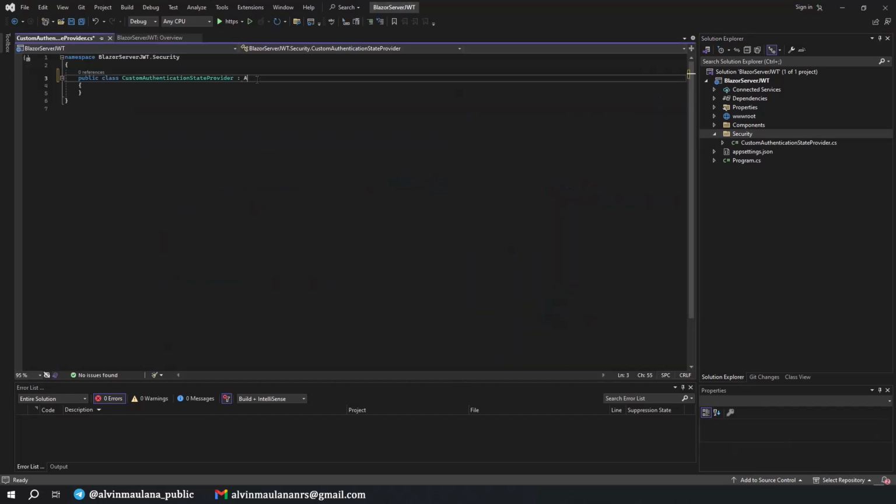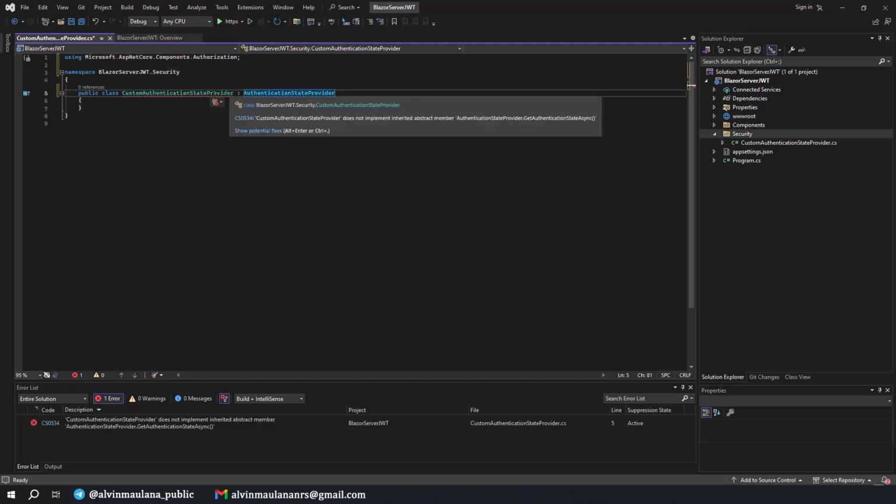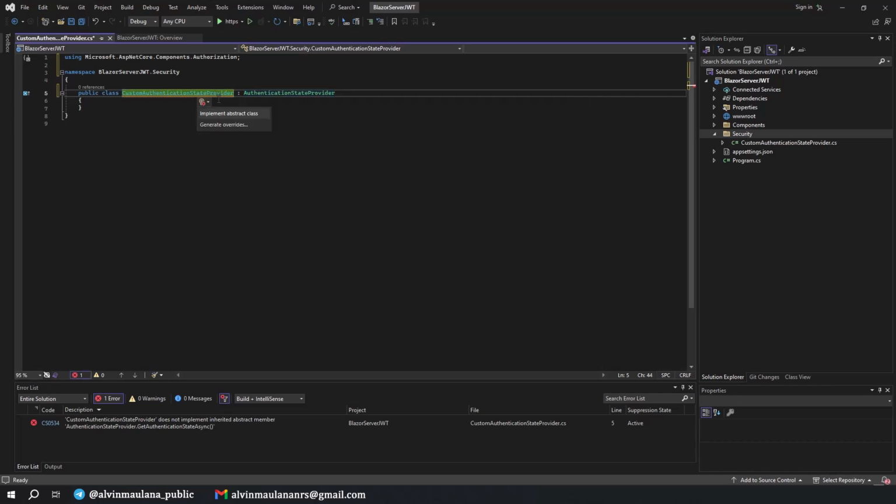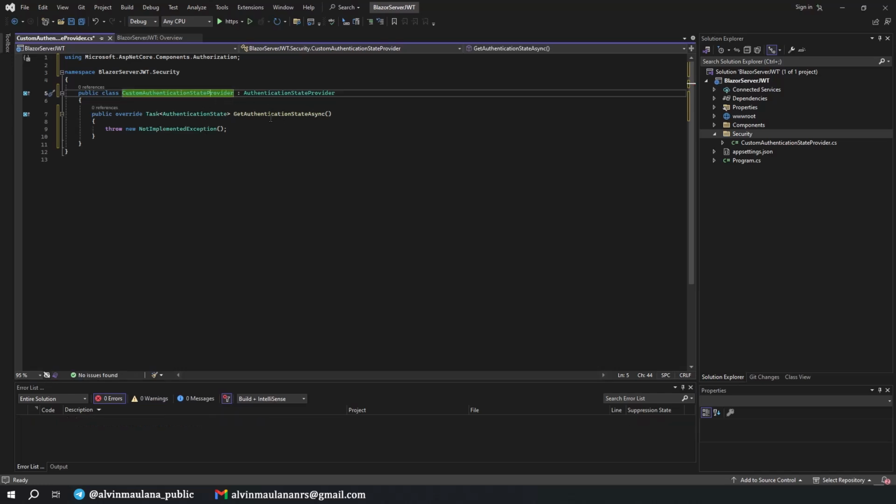Okay, good. Let's inherit from AuthenticationStateProvider and get the reference. Then we need to implement the abstract class, so Ctrl and dot and click here to implement. Okay, good. We implement the abstract member GetAuthenticationStateAsync in here. We need to implement this one also, but for now we ignore it. Instead, we have a new method here, public async Task